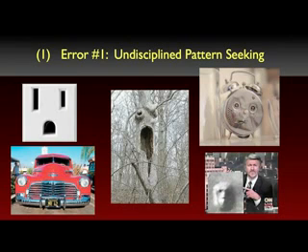An electrical outlet looks like a face. The front grille of a car looks like a face. The knots of a tree look like a face. The back of an alarm clock looks like a face. Now, it's not surprising that we see faces everywhere. Face recognition is important for social primates like us. It's very important that we learn to read the facial cues of other people to know whether they're friendly or a threat, whether they're content or displeased, and so on.